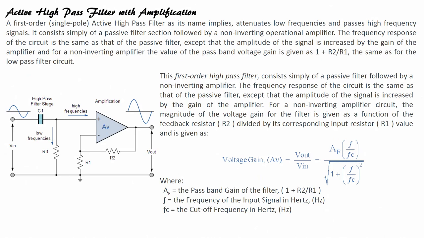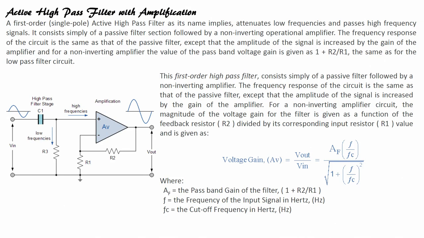Now, if I want to use an amplification factor in the high pass filter, then what will I do? I will have the op amp in an amplifier configuration. So, here you can see the op amp is used as a non-inverting amplifier. Here I can change the gain or amplify the signal based on the gain that I adjust. Whatever I want, I can adjust the gain, and how can I do that? By changing the values of R 2 and R 1, because the gain for a non-inverting amplifier is 1 plus R 2 by R 1.